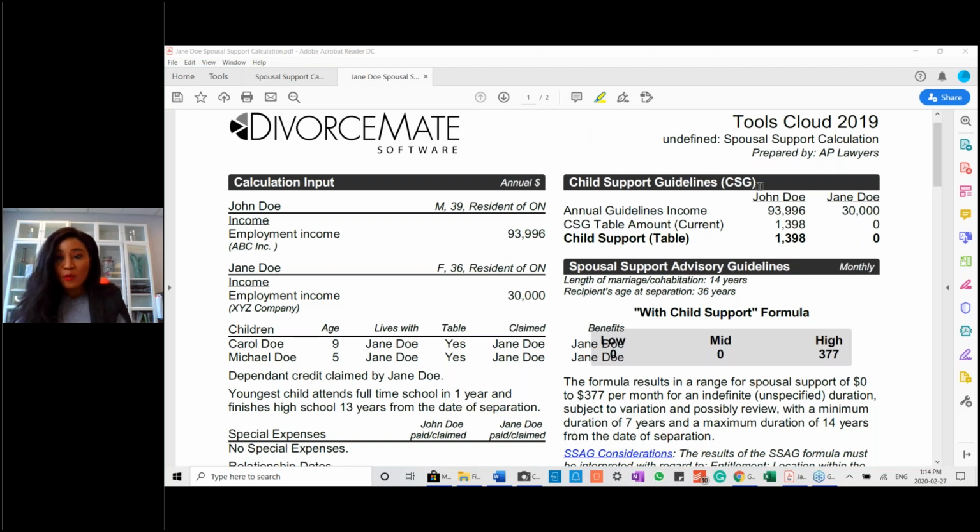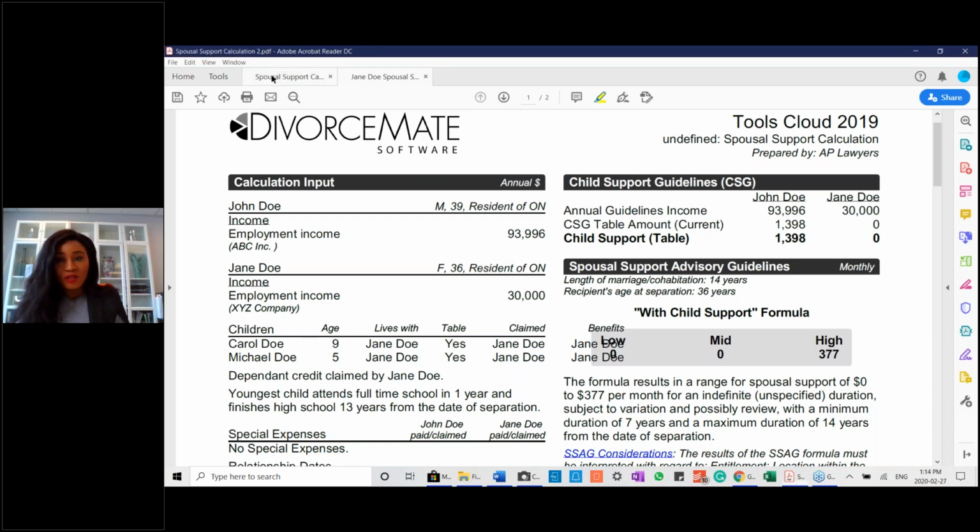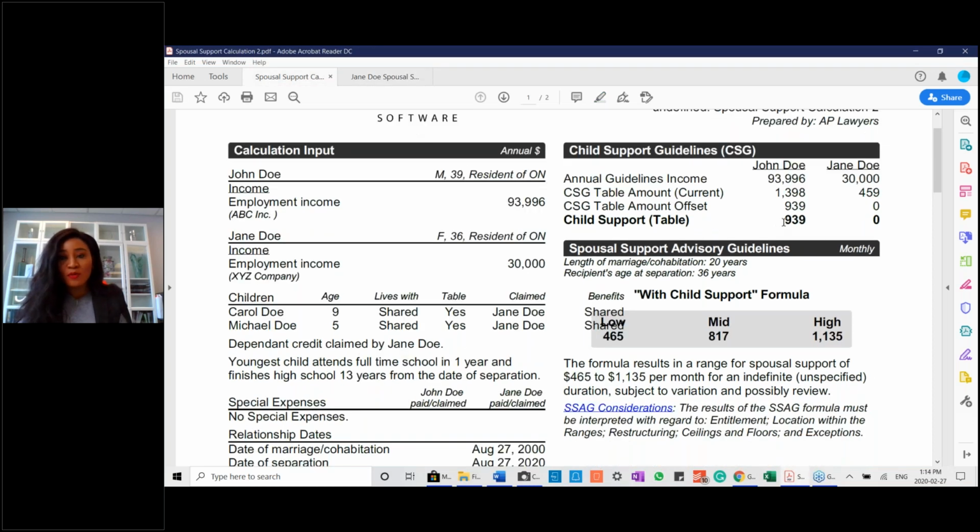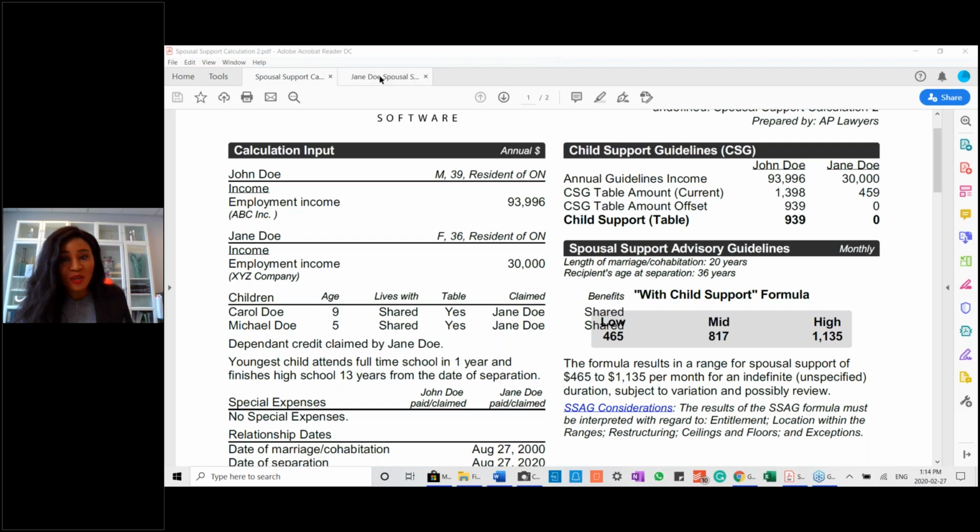In calculation 2, because the support amount that John's required to pay is $939, there's more of an amount, and there's more spousal support that's payable versus the other. I'll keep toggling between screens, and sorry